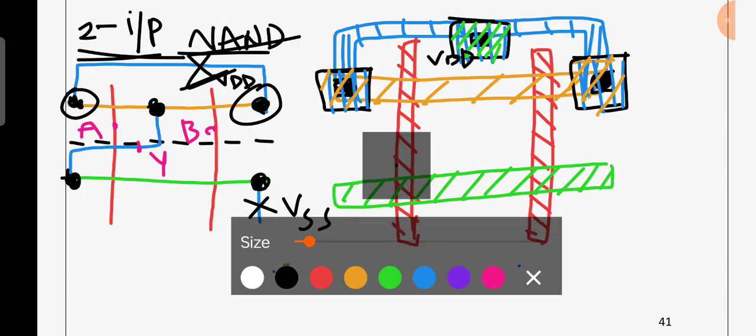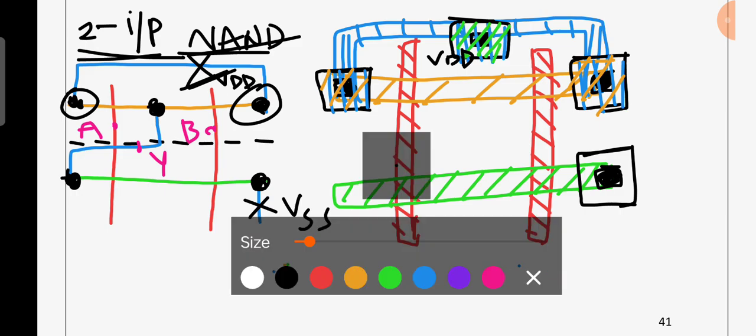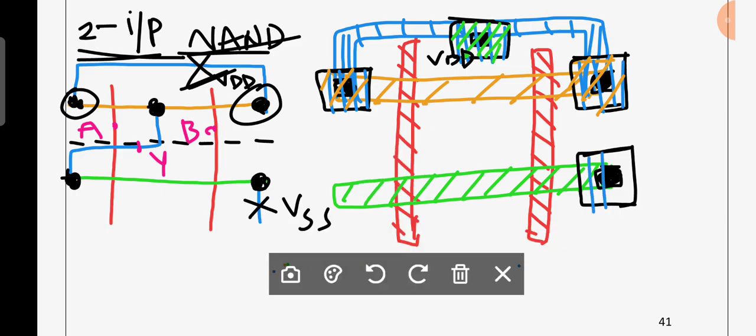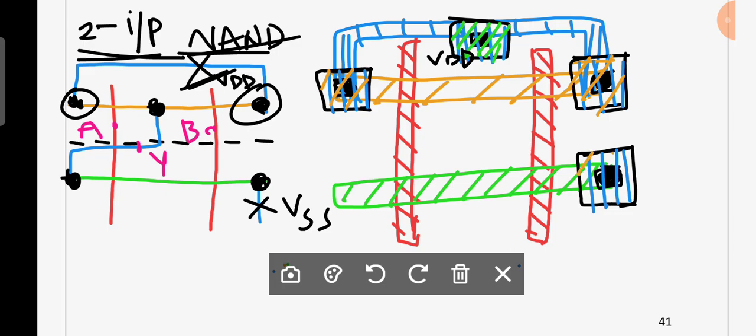Now here also you can observe that I have VSS. Therefore I have to represent a contact area, and this is contact cut, and I should have a metal. After that I should have the opposite diffusion. What is that opposite diffusion? P diffusion. Okay,